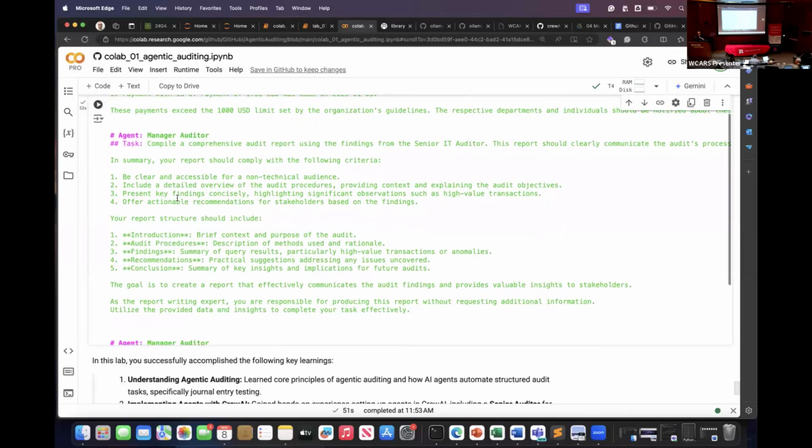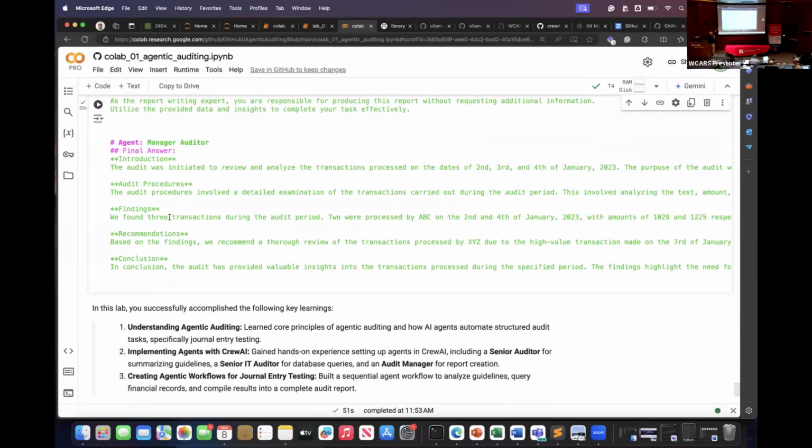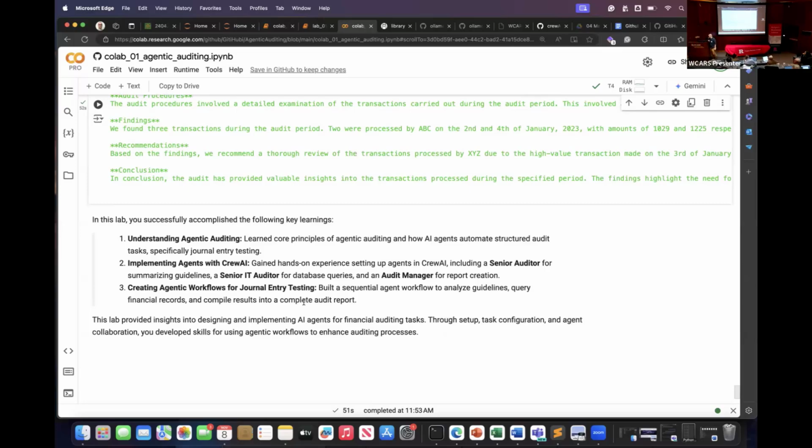The audit manager picks it up and writes a compelling audit report with an introduction, audit procedures, the findings, recommendations, and also the conclusion. So I think the question basically boils down to, for us at least, at the moment, just to test it and see what the capabilities are. And the next question is then, of course, there are a lot of research questions associated with it. Does it make sense? When does it make sense? Do we want to give out that entire oversight? This is, for example, one thing that I will speak about tomorrow morning, embedding this, for example, into an audit process. Yeah, there are definitely